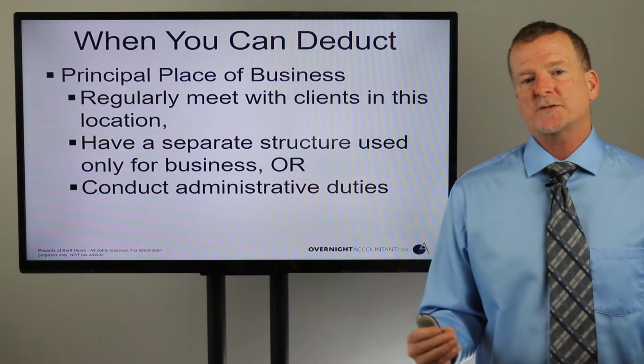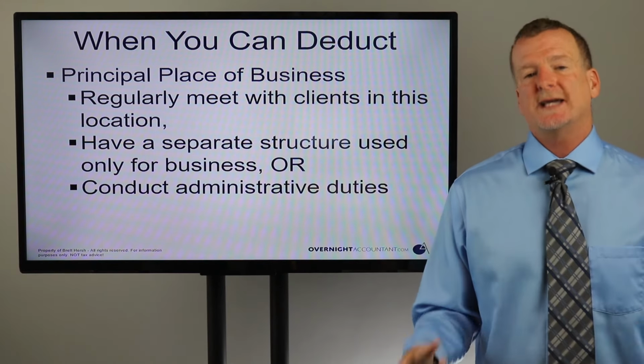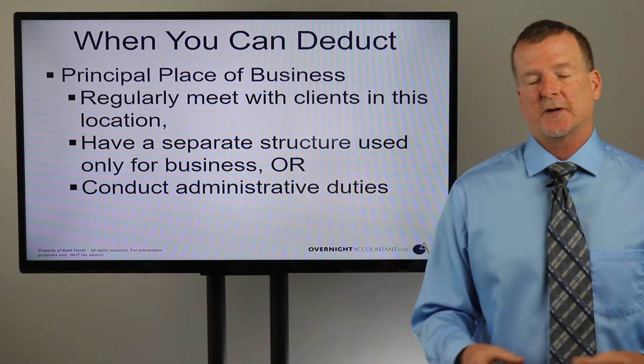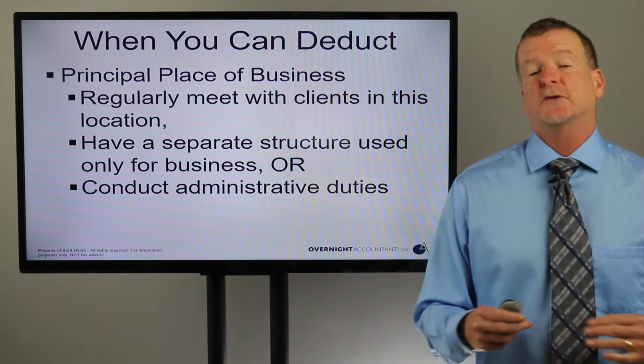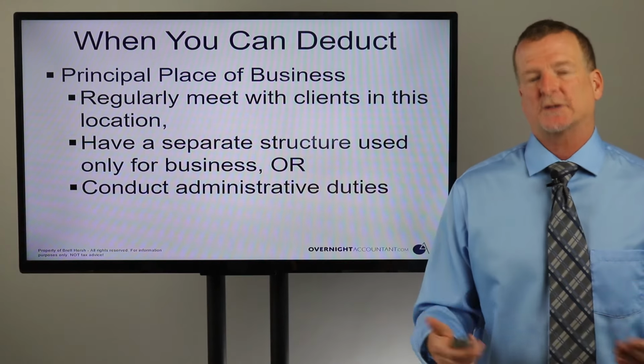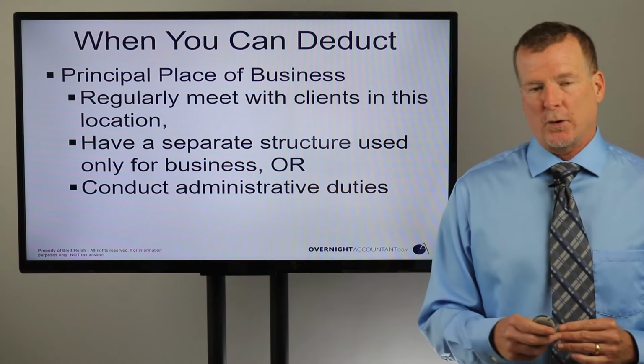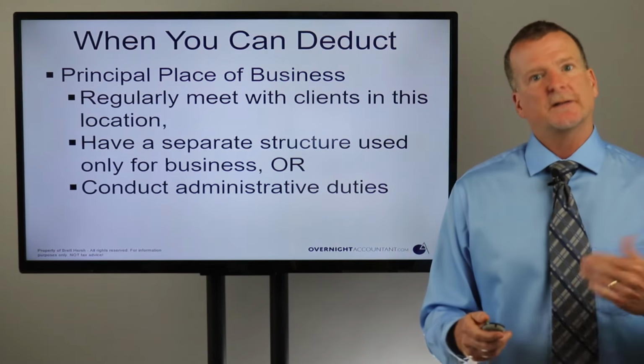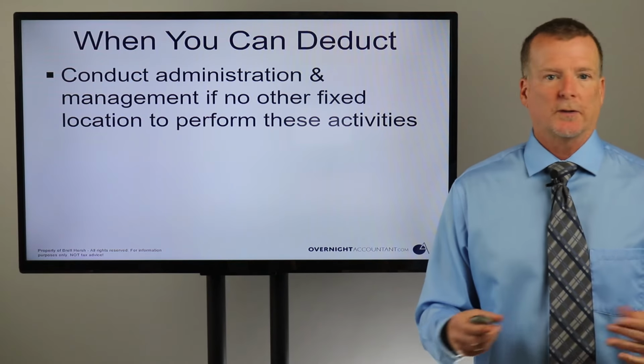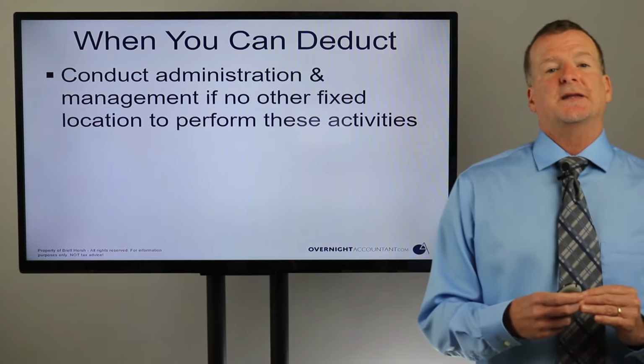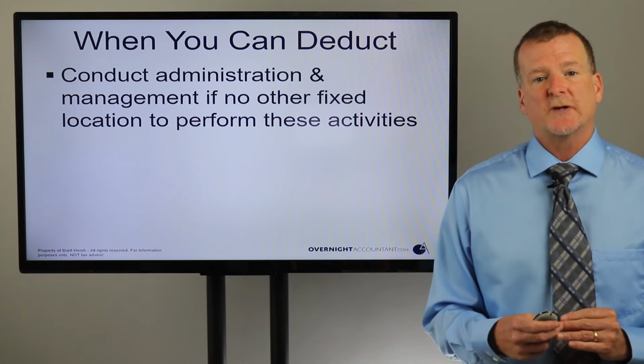This is what allows most small business owners to take the home office deduction, because most of them are not performing work inside their home. They're usually meeting with clients and doing those things outside of the home where the work is done. Particularly, let's say realtors or a plumber or whoever. They have an administrative place to do their administrative work.